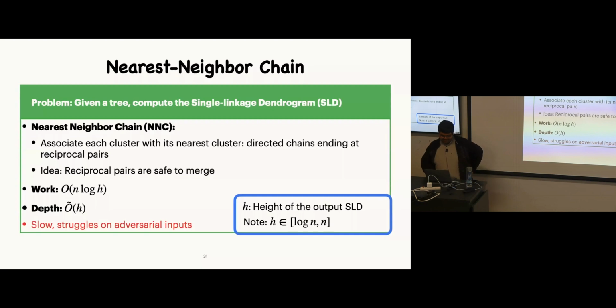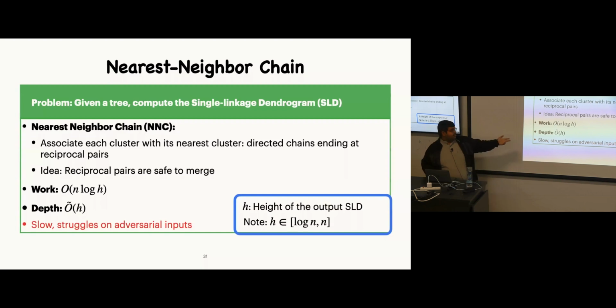Interesting. Cool. So I guess nearest neighbor chain, as Alice was pointing out, is a very generic algorithm in the sense that you can use it to implement various other linkage criteria. I think the only requirement is that it has to be a monotone linkage criterion. But it turns out for single linkage, it's not fast enough, especially when you're trying to beat